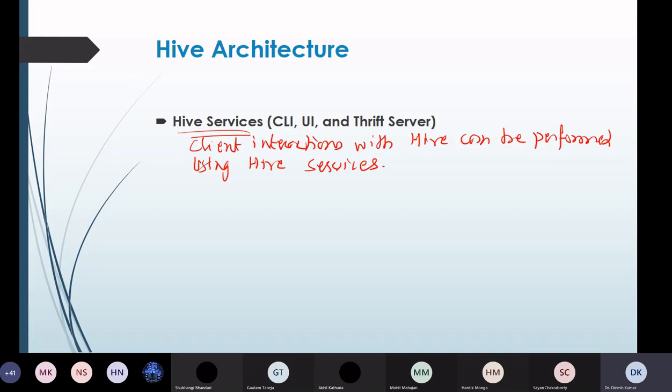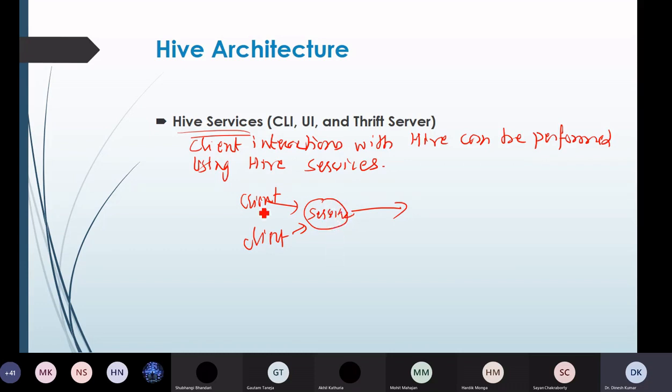So if a client wants to run any query related operation in Hive, it has to communicate through Hive services. If I say there is a Hive service, the interaction from the client will go to these Hive services first, then further to the rest of the components.